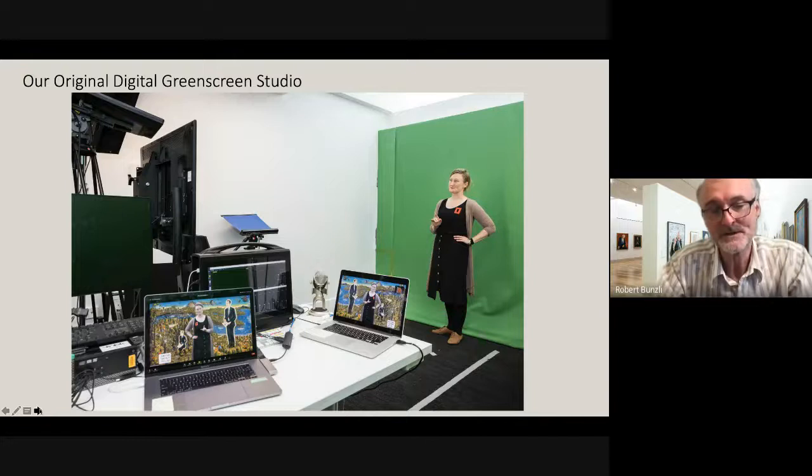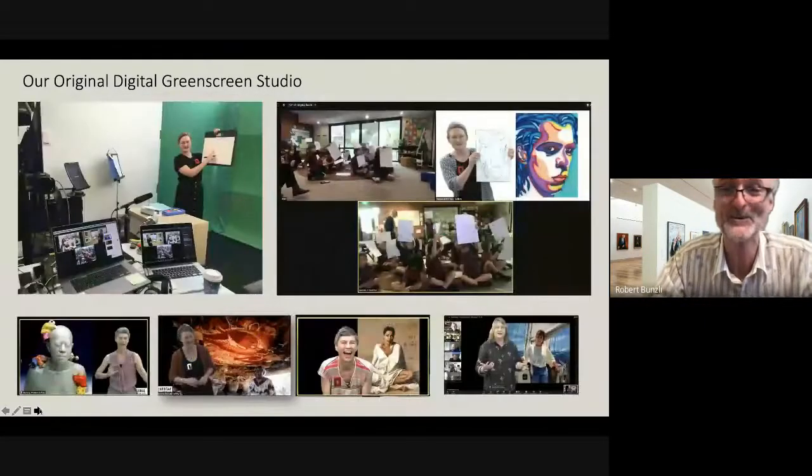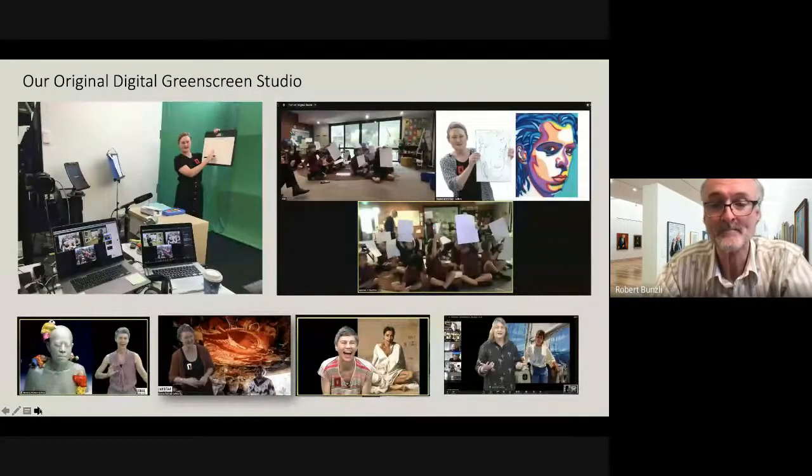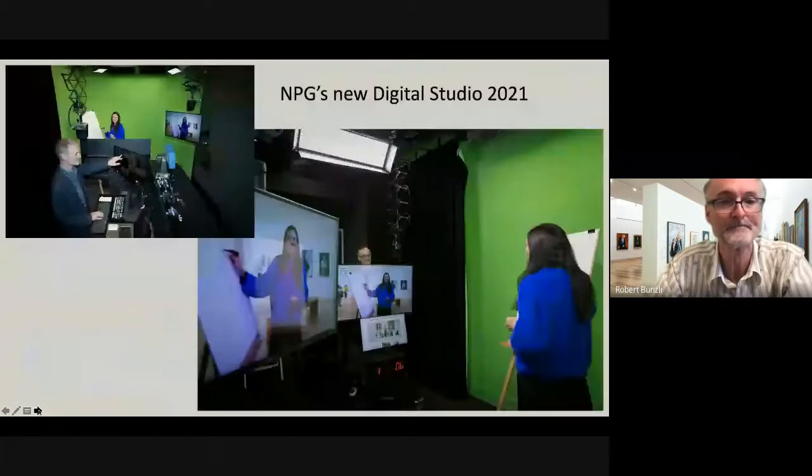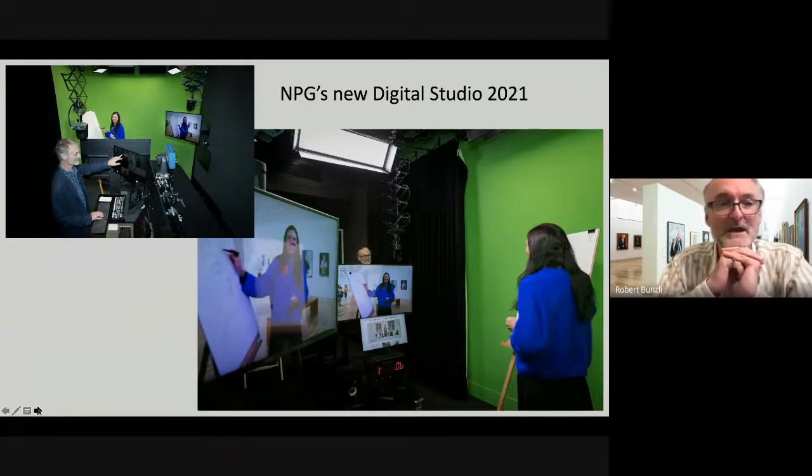Unfortunately, 2 months after I got there, the equipment that they were using was now about 10 years old and stopped working. But here are some images of that studio being used with virtual backgrounds and some interesting interactive techniques. We have now built a new digital studio, and we commissioned this just this week. And it's in our basement. It's fully soundproofed. We've got a huge amount of equipment. I went down there yesterday afternoon with one of our learning facilitators and took these photos so that I could whack them into the PowerPoint presentation.